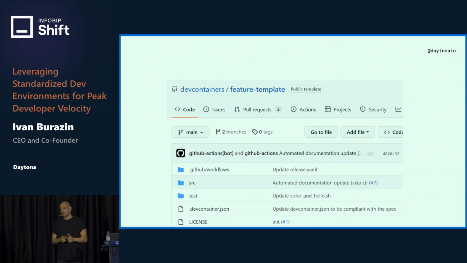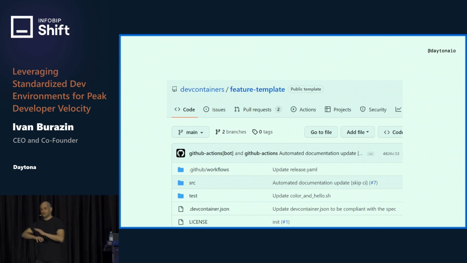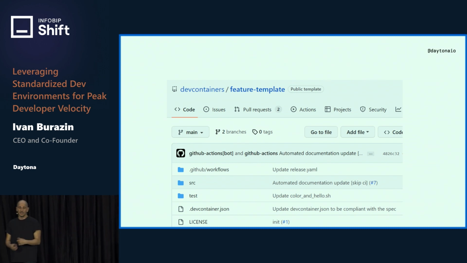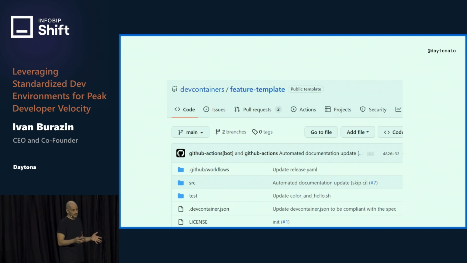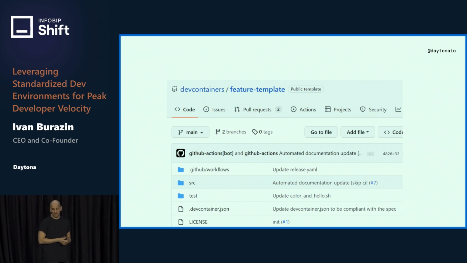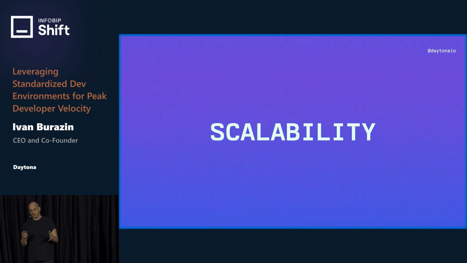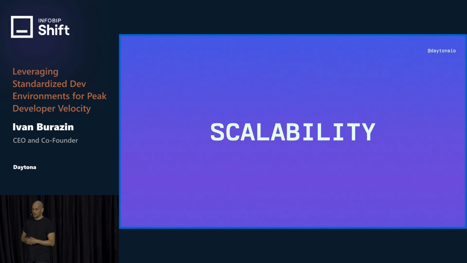And what's most important, this works today, so you don't have to pay for anything, you don't have to buy anything. You can use Dev Container or DevFile out of the box today. You start using it, it works with your VS Code locally, and just takes the pain away from trying to set up these development environments every single time. So that's the first thing that these systems can do: productivity.